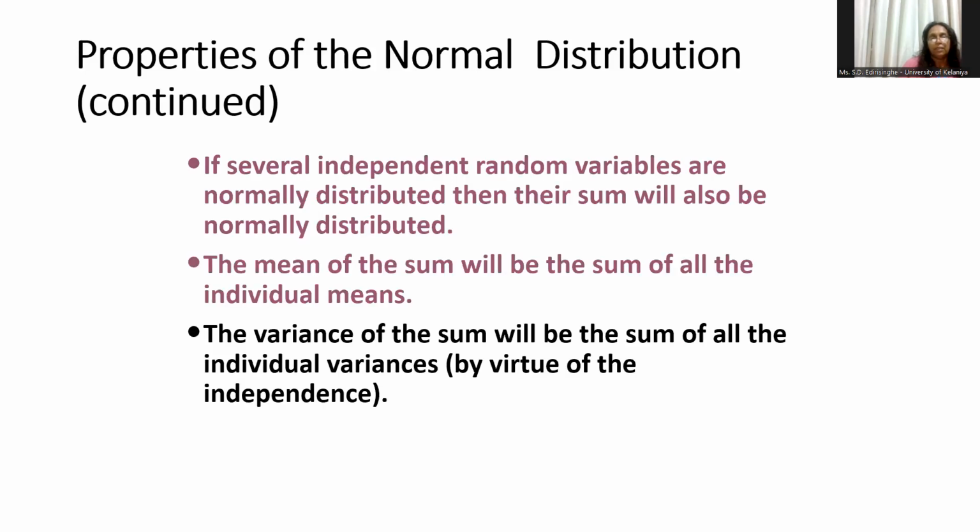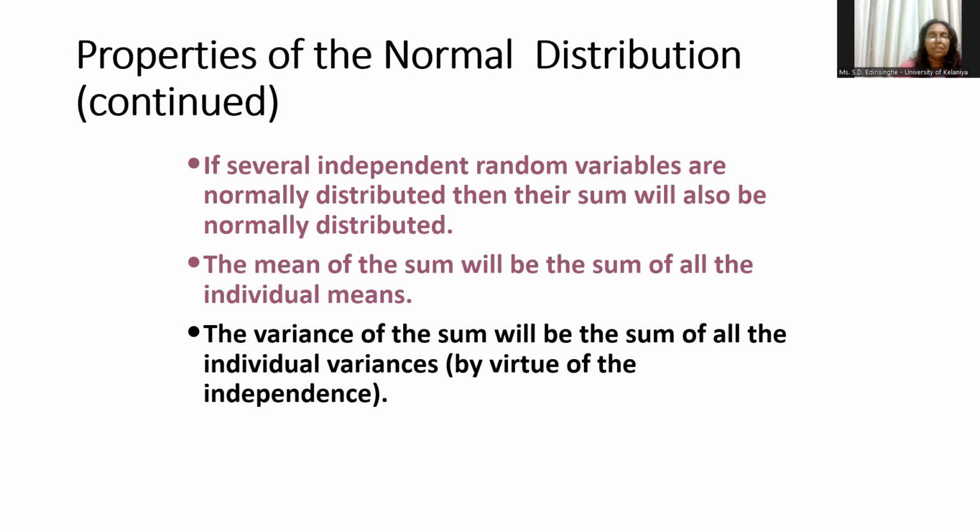If several independent random variables are normally distributed, then their sum will be normally distributed, and also the other property is the mean of the sum will be the sum of all the individual means, and the variance of the sum will be the sum of all the individual variances. So by virtue of the independence,